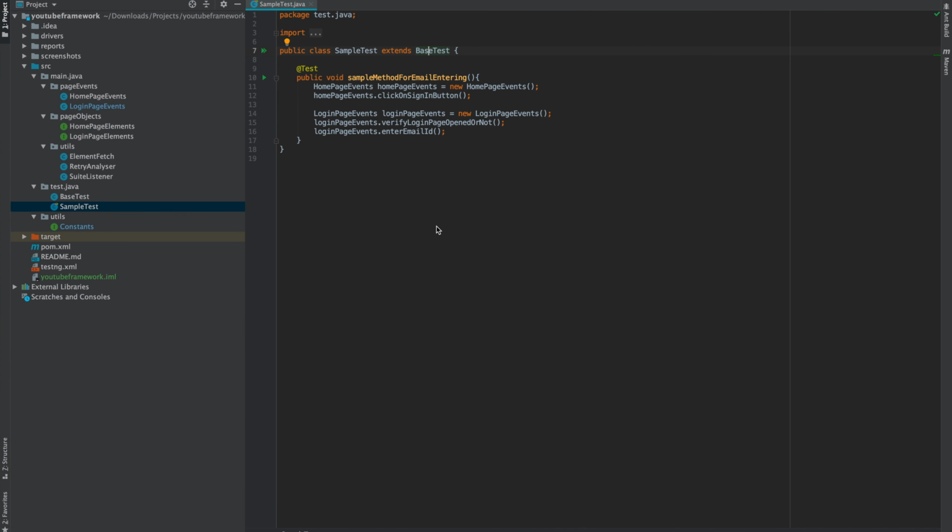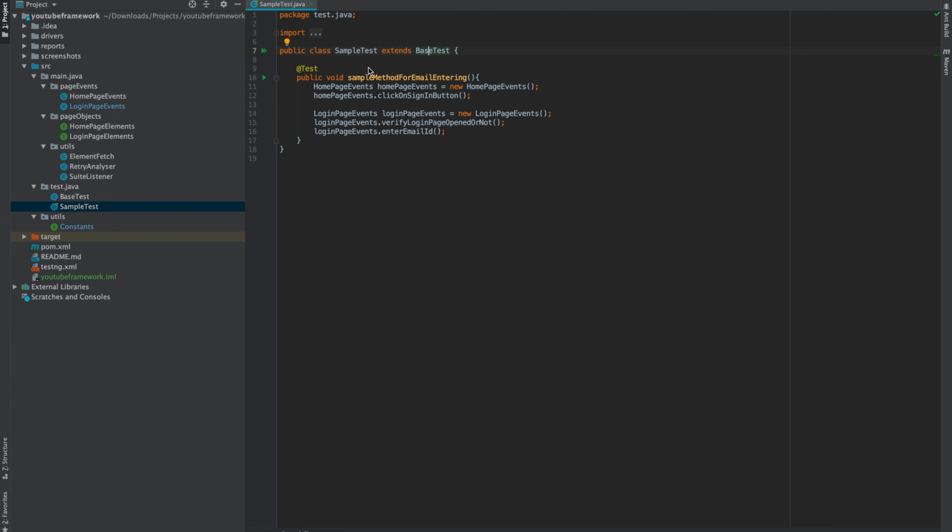In my previous video, we learned how to make an automation framework from scratch, in which we have the test classes, which extend a base test class, and it takes a screenshot whenever a test case fails. It retries the failed test cases, and after the whole execution completes, it generates an Excel report. So if you want to know how to make an automation framework from scratch, I've given the link of that video in the description. So do check it out.